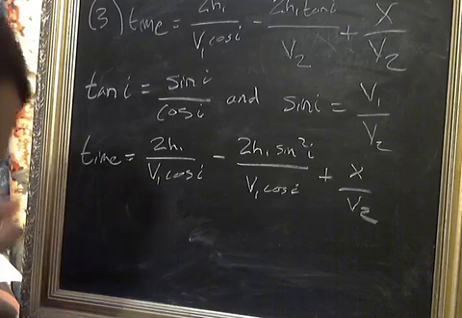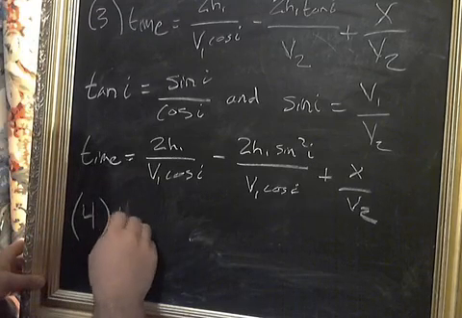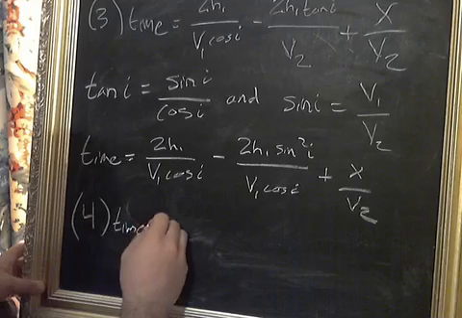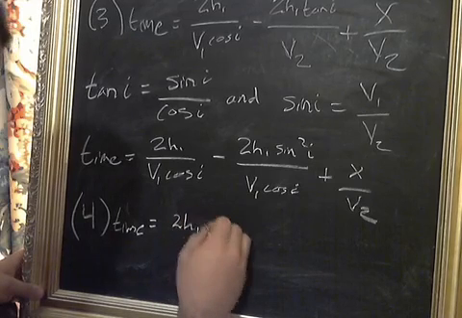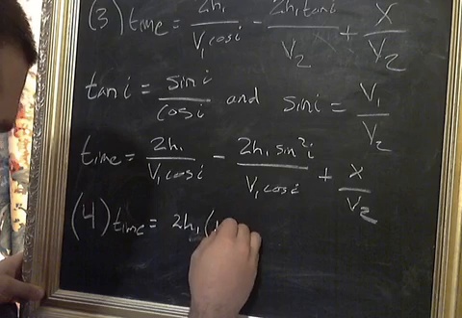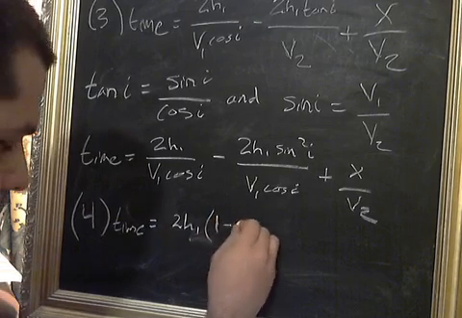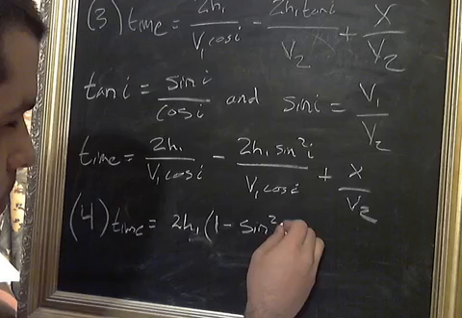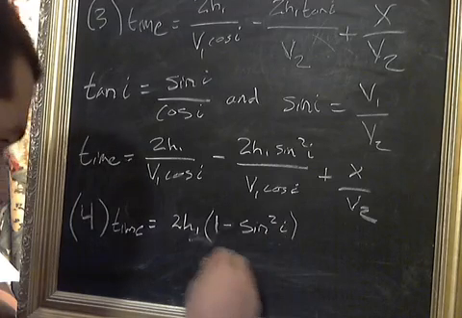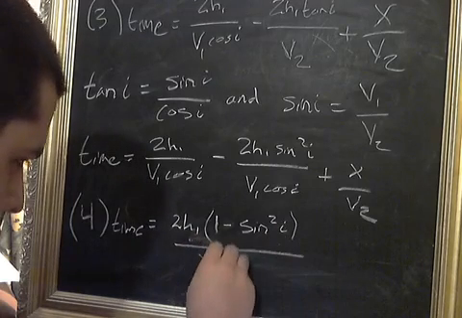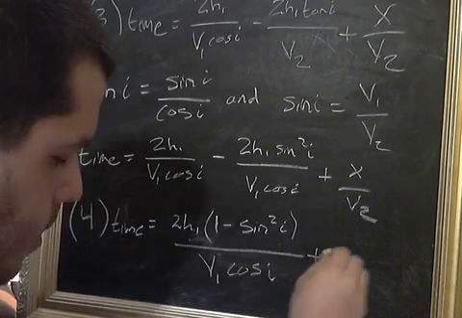And we can simplify this equation even further to yield what we're going to call equation 4, another time travel equation, which is simply that the total travel time for a head wave is going to be equal to 2h1 times 1 minus sine squared I, divided by v1 cosine I, plus x over v2. Right,